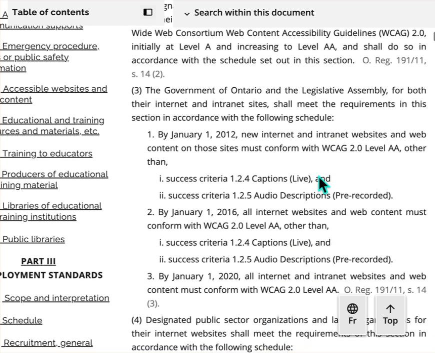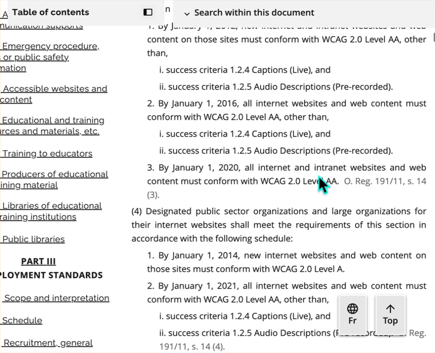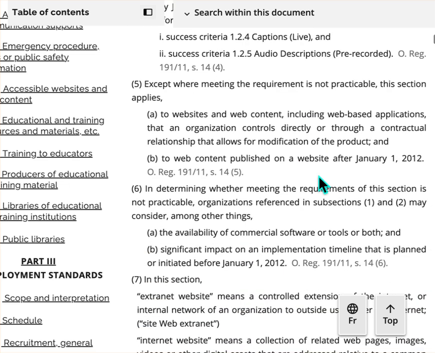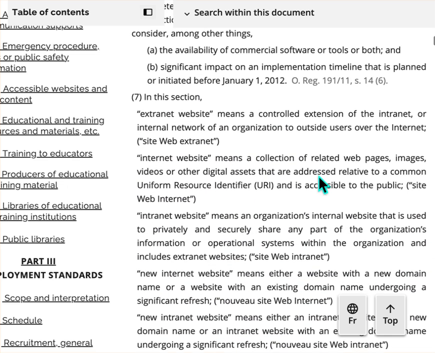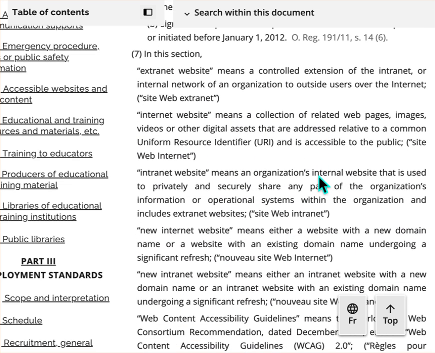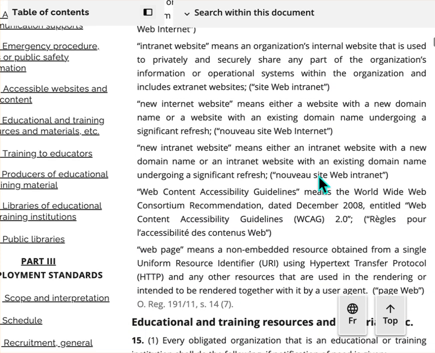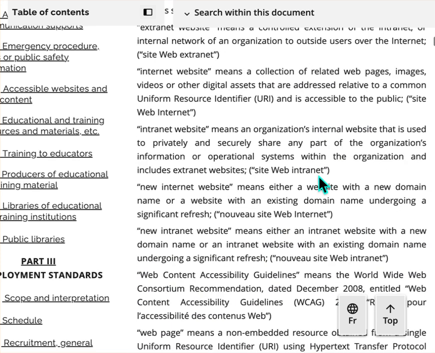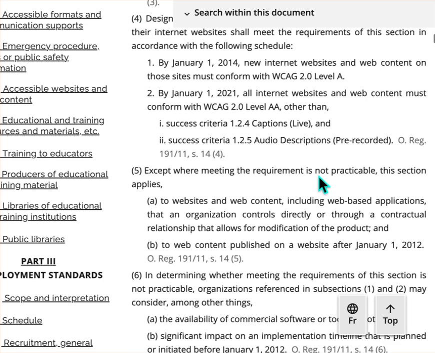You can come here and read all of this information. It tells you about intranet websites, and all the information that you need is right here.